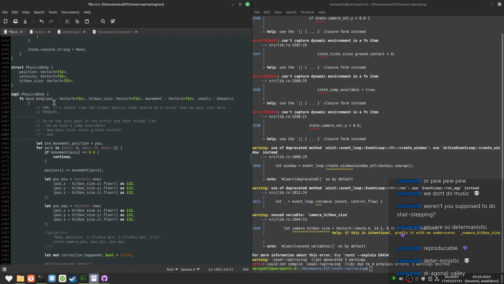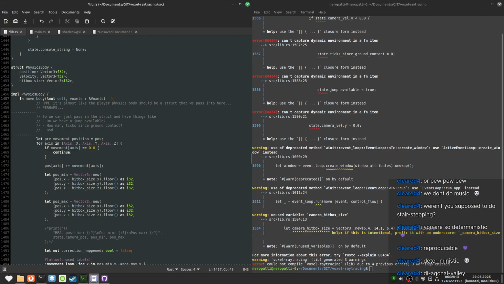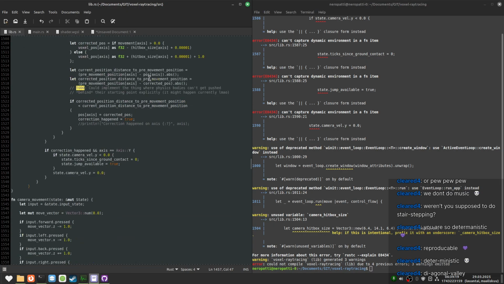Anyway, so we have self, and then we need access to the voxels. That makes sense. I don't think we specify a return type. We don't return anything.